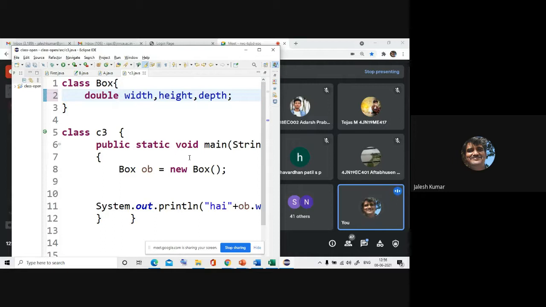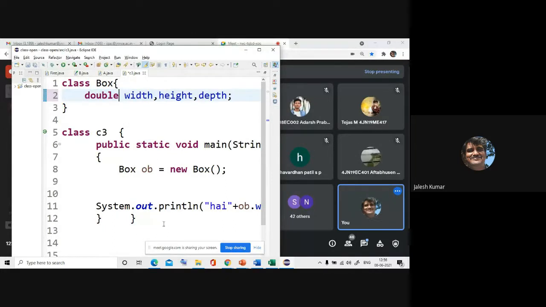So this is about the default value. Why does it take a default value? Because you observed that for the array you are not initializing at all, but using the new operator you are allocating for the array. That's why the default value will be initialized there. Like that here also, when you are making new, it will initialize.